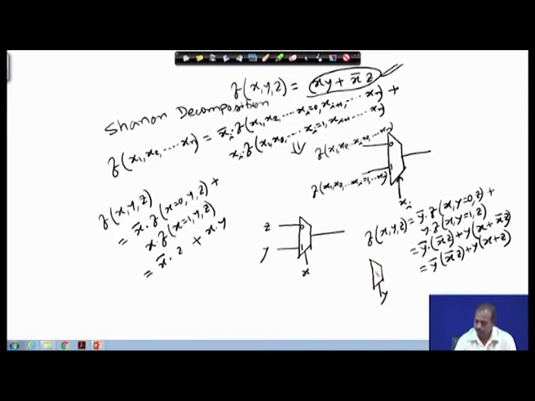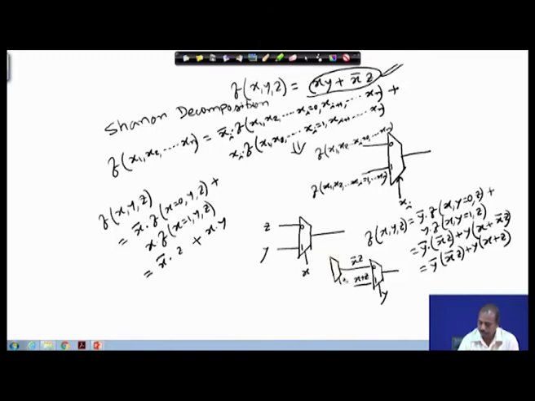If you apply y as the control input, select input, then you have got... So, here I need to realize the function x bar z, and here I need to realize the function x plus z. So, we do the same thing now on this x bar z, we apply Shannon decomposition. If I apply Shannon decomposition, then if I select x as the select line, if I put x as the select line like this,